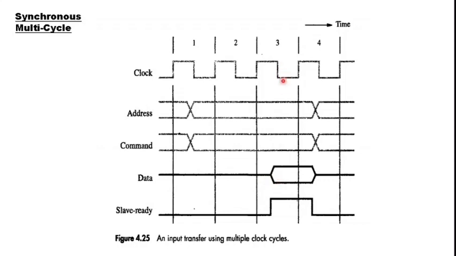So again, as I told earlier, there should be some mechanism to inform the master that the data that is currently in the data bus is valid data generated by the slave. So that is indicated using another signal line, known as the slave ready signal line. Okay, so the slave ready signal will actually be triggered along with the data from the slave, and it indicates that whatever the master is going to see on the bus is valid information or valid data from the slave. Okay, so this is one of the main deviations from our normal synchronous bus protocol, right?